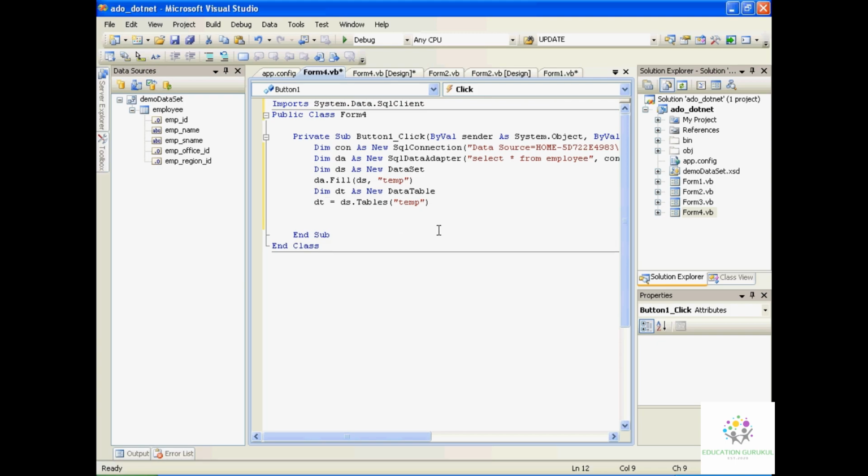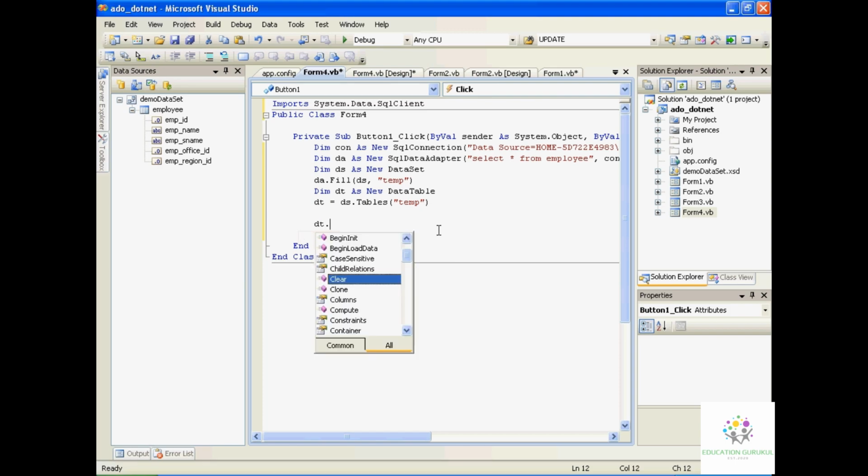Now I just want to retrieve, or I want to just show this data in your list view. Okay, so let's see how we can retrieve it. So this dt, if I want to retrieve data from the dt, I have to say dt dot, and I will say dt dot table name, or I can say,